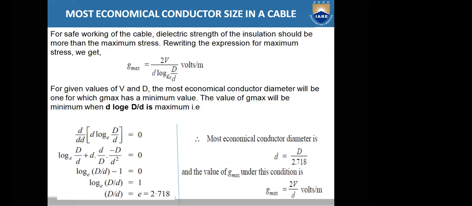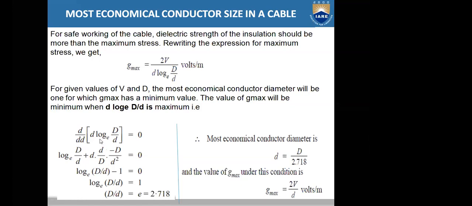So you know how to calculate the maximum value for a particular expression, right? To get the maximum value for this expression, you have to differentiate it with respect to the variable small d. Here you are going to differentiate the denominator expression, small d into log capital D by d to the base e, with respect to the diameter small d. This is like differentiation of UV, which can be written as UV dash plus VU dash.